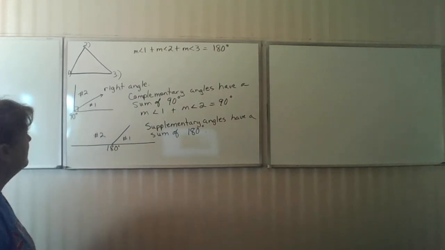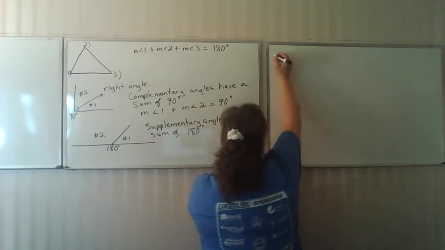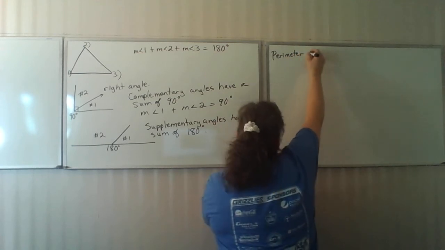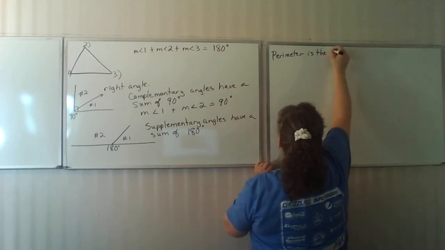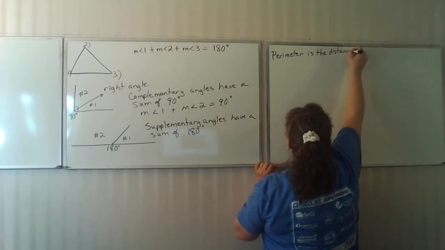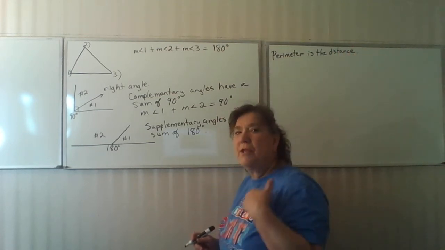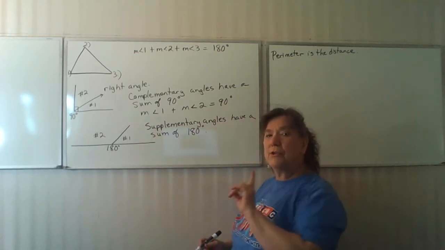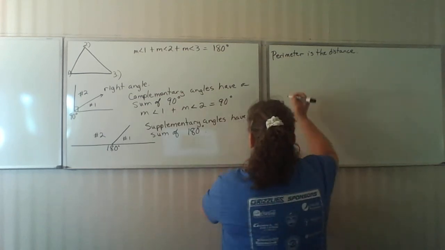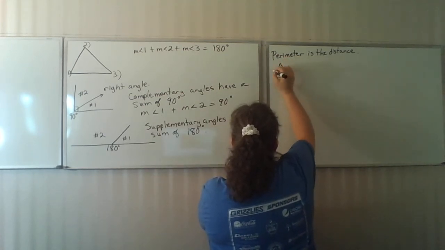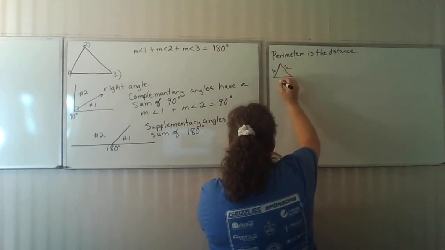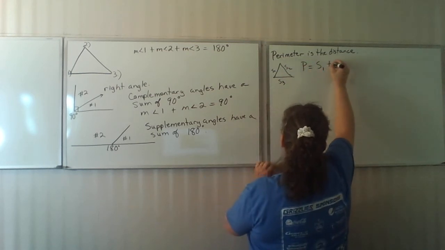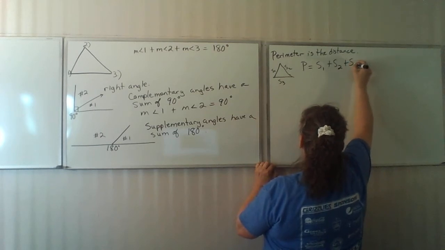What else do we need to know? You need to know what the perimeter is. The perimeter is the distance around. So when you go out and run the track at the high school and you go around that track, you are doing the perimeter of the track. You walk around the block, you're doing the perimeter of that block. So if we look at a triangle, side 1, side 2, side 3,